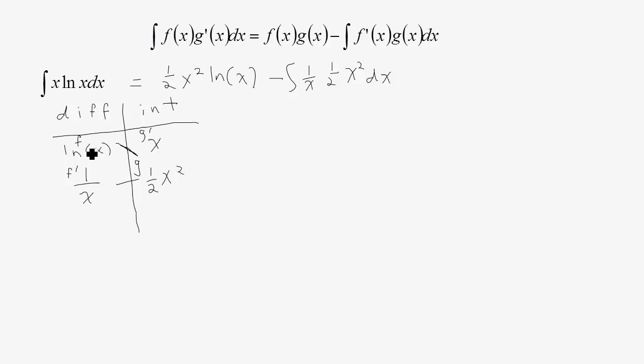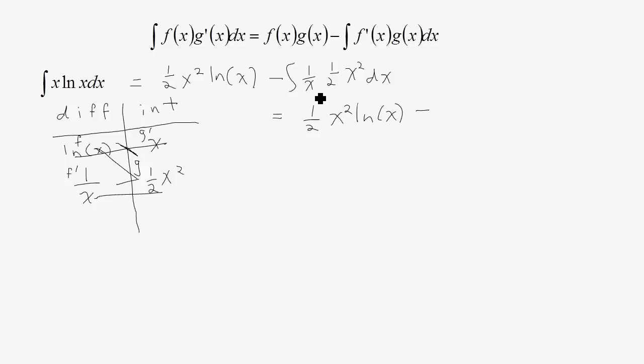You start off with what you want to differentiate and what you want to integrate. You differentiate in the one column, you integrate in the other column. You trade in this horizontal line, the integral of this horizontal line, for this product, minus the integral of that horizontal line. Now, this actually helped us because if I simplify a little bit,